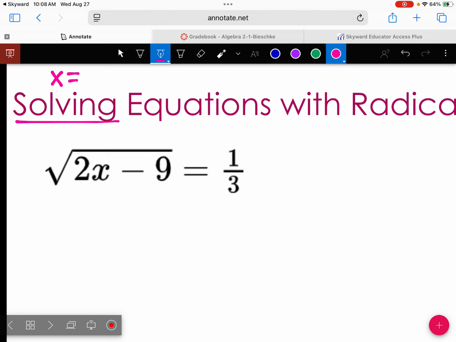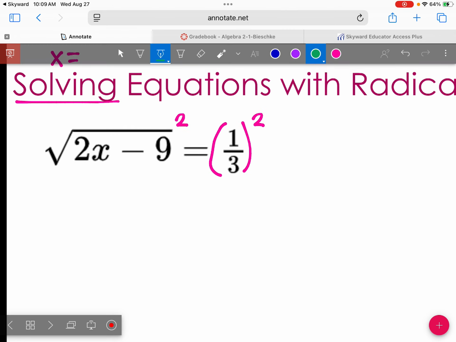Square both sides. But we want to make sure we have our radical by itself, because if I square it when it's not by itself, we get all kinds of weird things. Since I have my square root all by itself over here, I can square both sides. Just make sure we're squaring both sides, because the square root and the square are going to cancel out. We're going to get left with our 2x minus 9